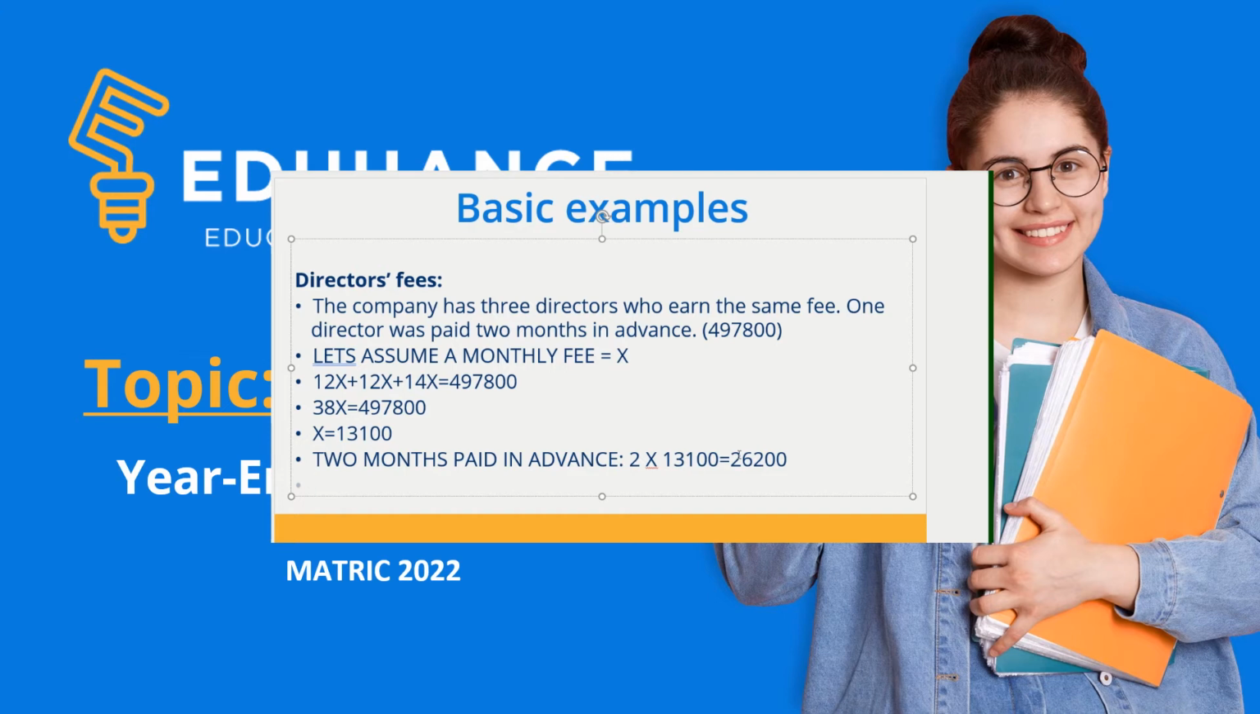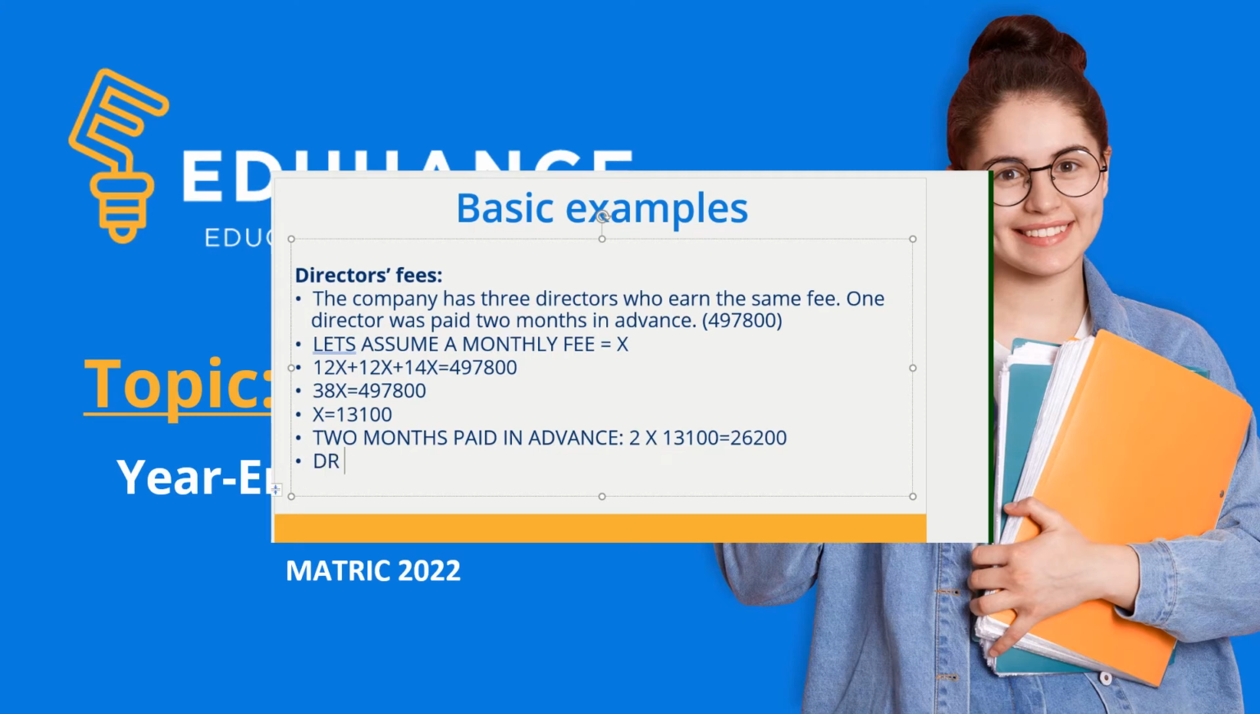So if we prepay something, we have to create an asset because we have not utilized this director's services for those 2 months. It's only in the next period we're going to utilize it. So it's an asset for us. We will still have rights to receive that services. So we're going to debit prepaid director